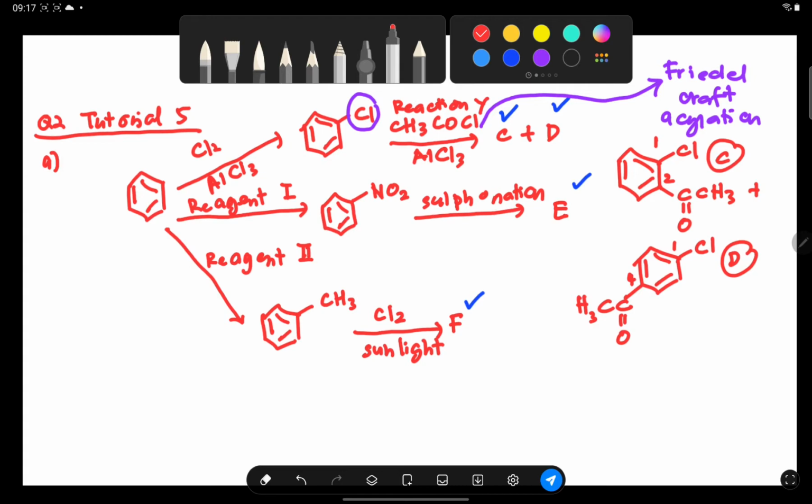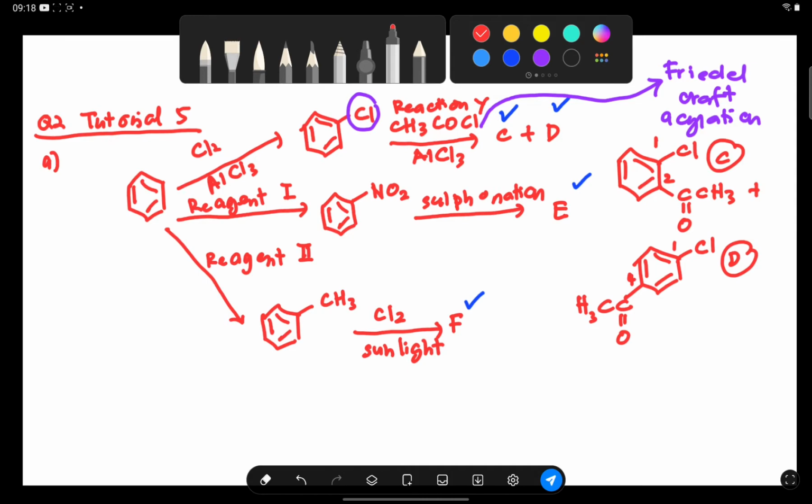Okay, reaction involved. So let's take a look at the structural formula for compound E. What is the structural formula for compound E? Let's see the hint for this type of question. It states here sulfonation. When sulfonation, it normally produces